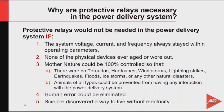What if we could totally eliminate human error? We wouldn't need protective relays. Or what if science discovered a way to live without electricity? Hey, no need for protective relays. However,